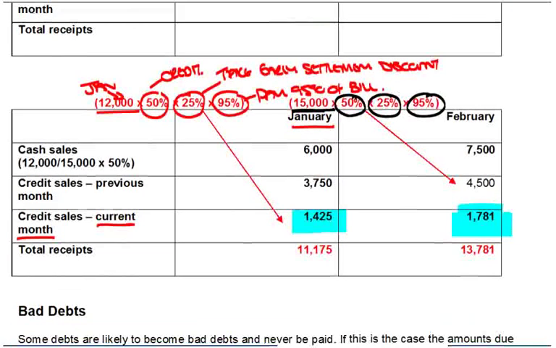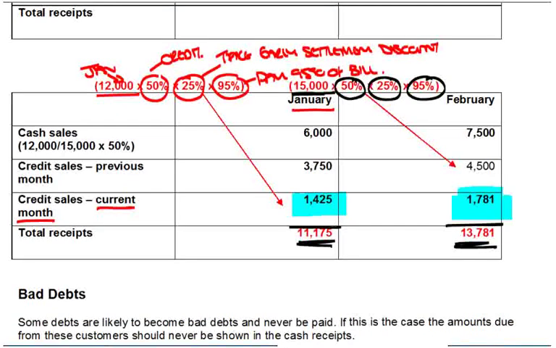All right then, what does that leave me? Well, I've just got to add it up in terms of my total receipts. In January, 6,000, 3,750 and 1,425 gives me that 11,175 total cash receipts in January. In February, adding those figures down, that leaves me with 13,781 in the February month. So that deals with the sort of thing that you're going to have to deal with. And there's one last little point to be aware of,